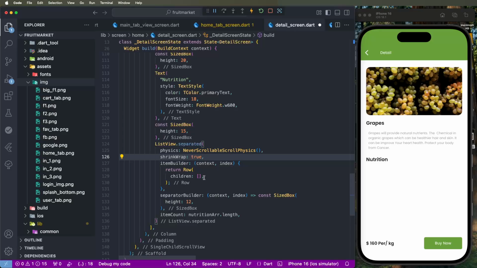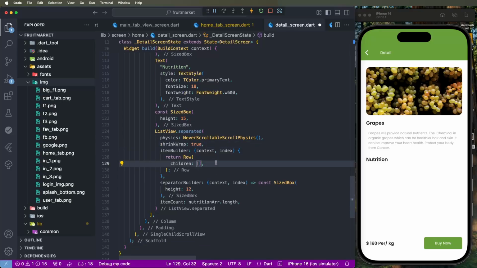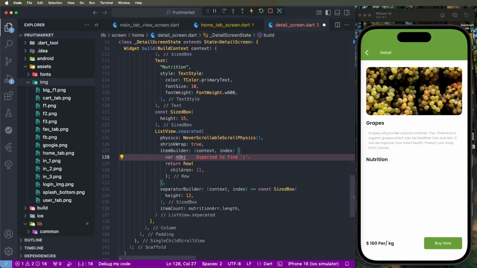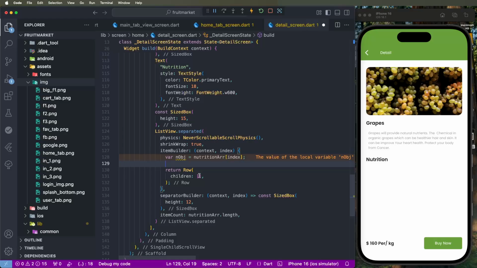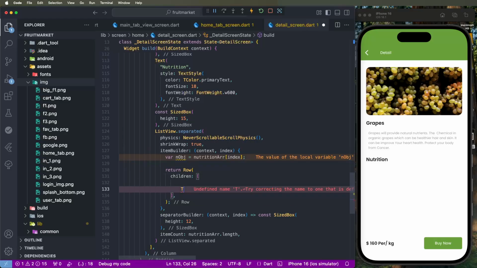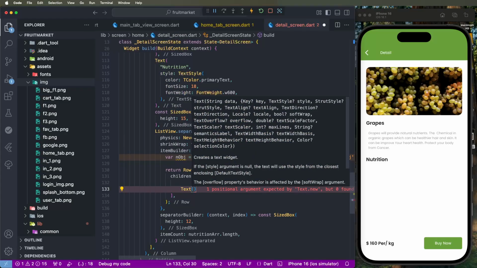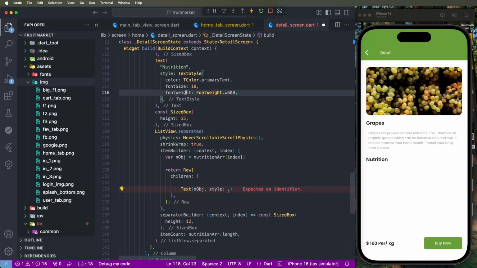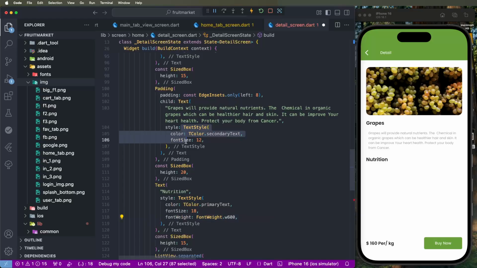We need to configure this, and then get the object equal to nutritionArray of index value. We need to get this string value, and create the text first. Give it the object's text, and set the style. You need to copy this value tag style and paste